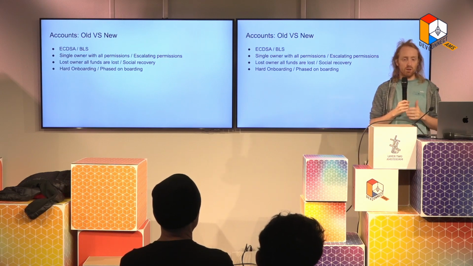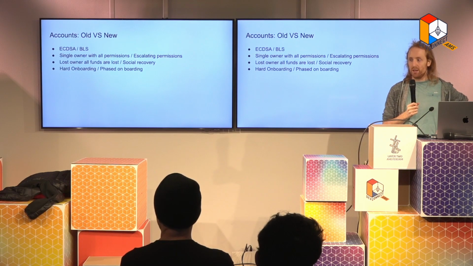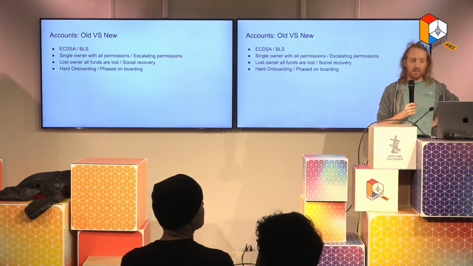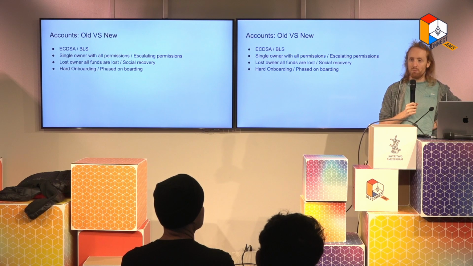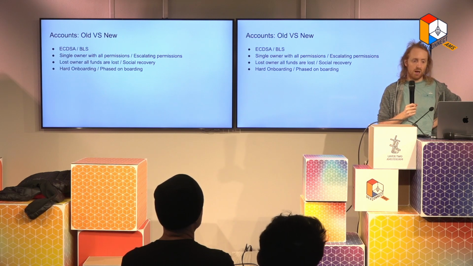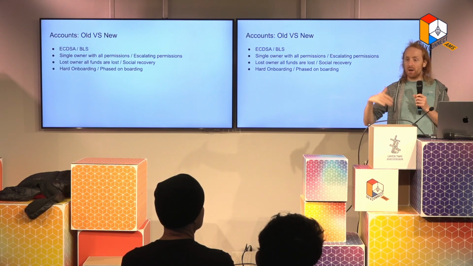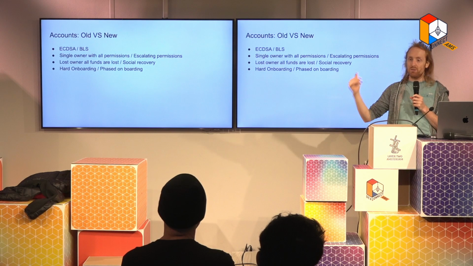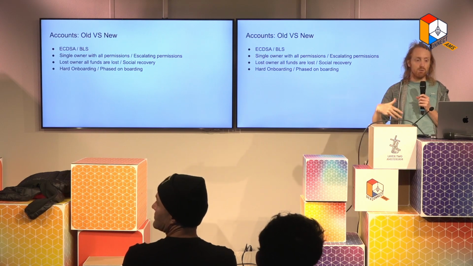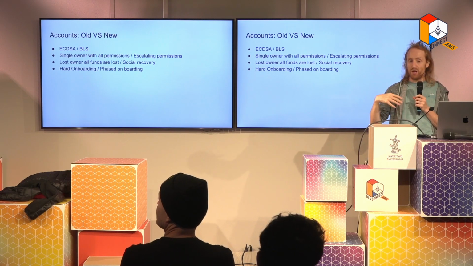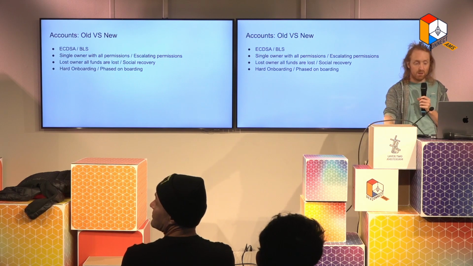Right. So these are all things that we can change when we move to layer 2. And one of the ideas here is to replace ECDSA with a better signature scheme that works better for optimistic rollups, which I'll talk about in a bit. Right. And have this smart contract wallet with this escalating permissions. And this is a nice chance for us to change and improve the way that we're doing things.